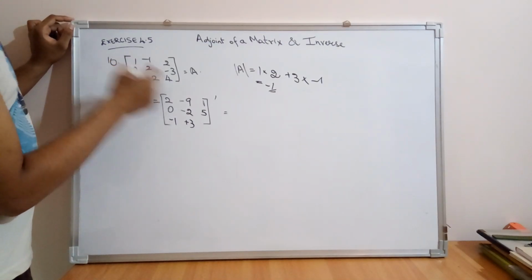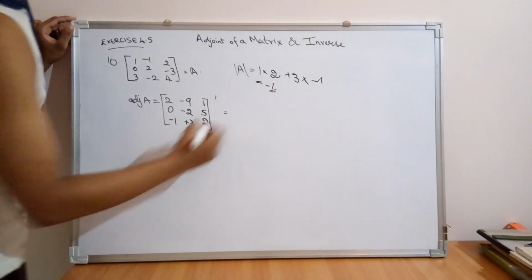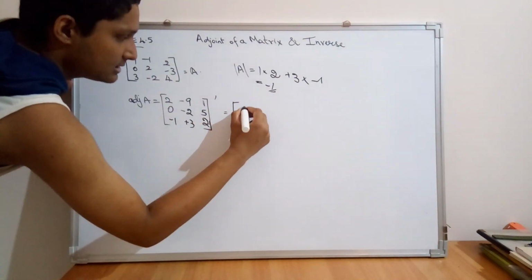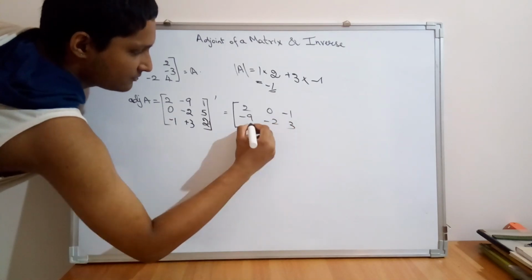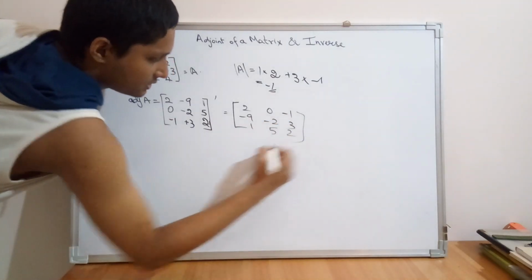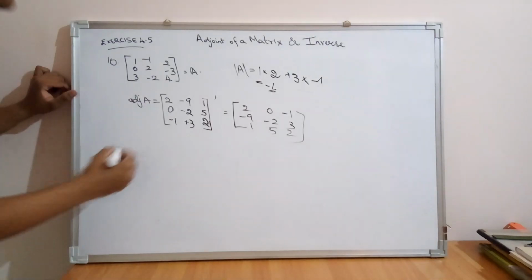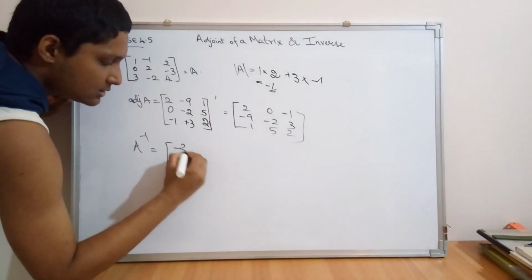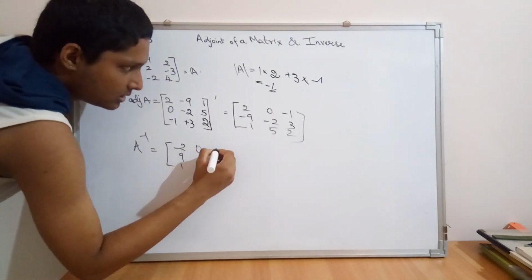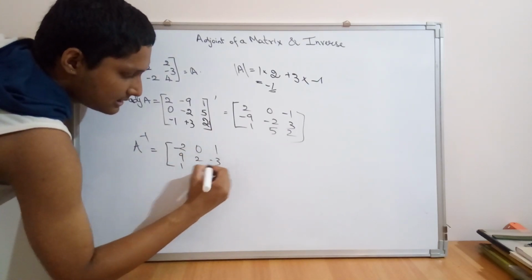Then we have 2 here. Okay, this is all about this. So what it is going to be is 2, 0, minus 1, minus 9, minus 2, 3, 1, 5, 2 is going to be the adjoint. Okay, therefore the inverse is going to be minus 2, 9, 1, 0, 1, 2, minus 3, minus 5,